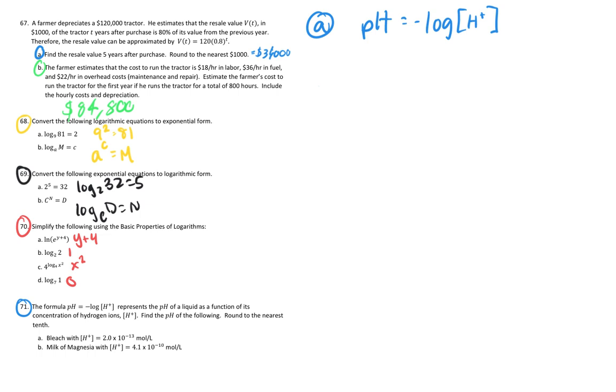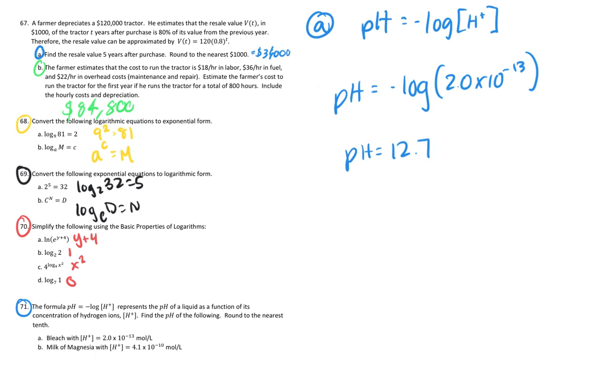So what we're going to do is just plug in negative log of 2.0 times 10 to the negative 13. We're going to plug that into our calculator, and when we do, we end up getting